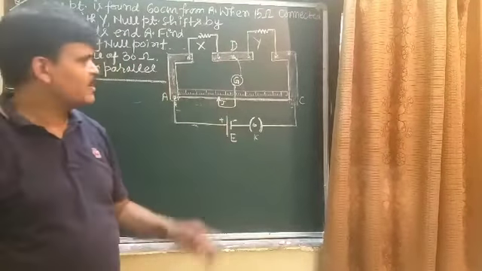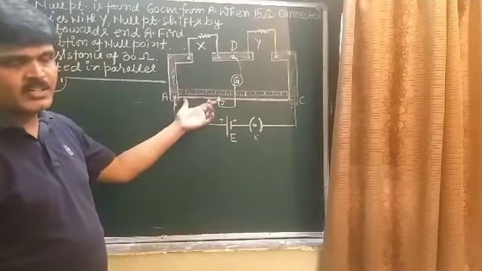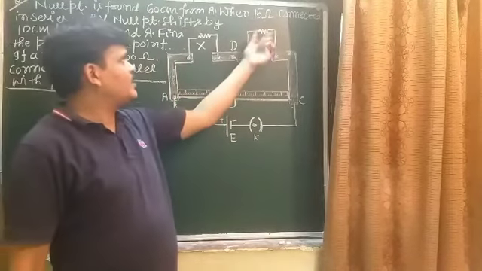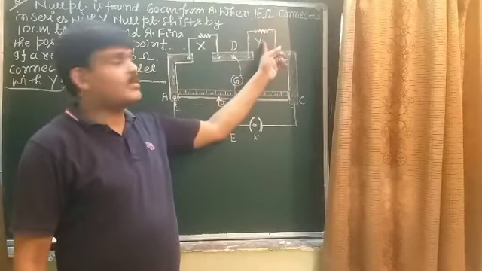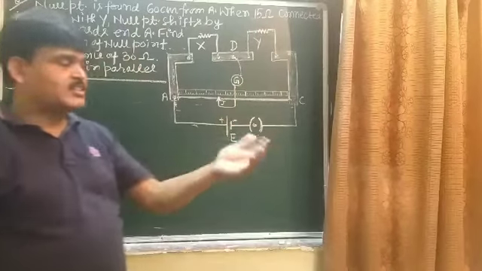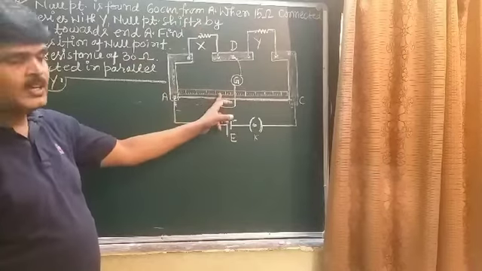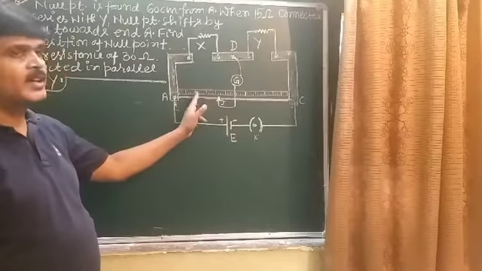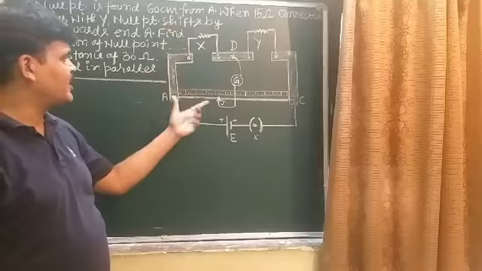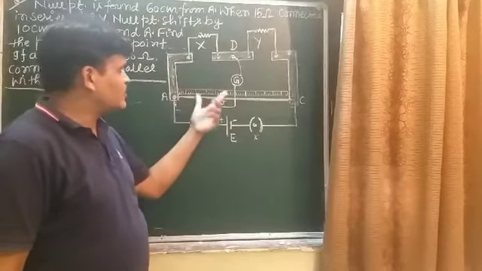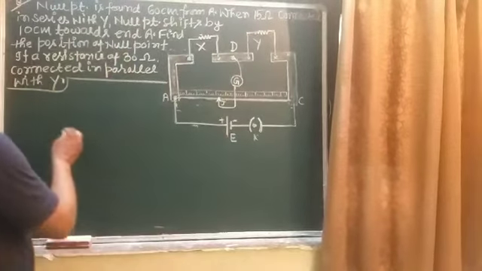So in the first case, the null point is at 60 centimeter. In the second case, when 15 ohm resistance is connected in series with Y, the null point shifts 10 centimeter. It means from 60 centimeter, shifting towards A, the null point is obtained at 50 centimeter. So according to the question, for the first case